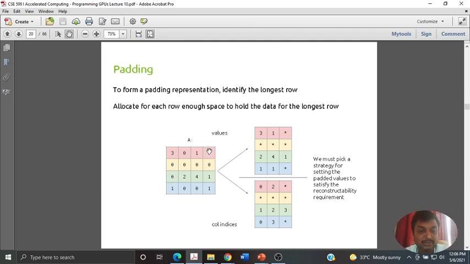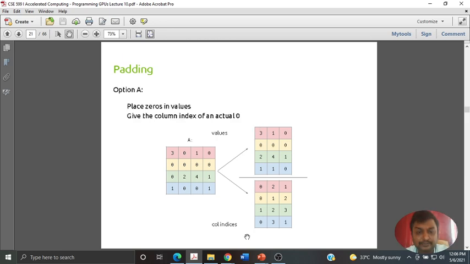There is no element over here, but it is inserted because 2 4 1 is the largest row, and you are inserting additional elements over there, or zero insertion or wild character insertion happens over there. Other than that, similar to your CSR, there are values and the column indices are being stored. So whenever you have appended and computed the values and column indices, now how you identify rows is,